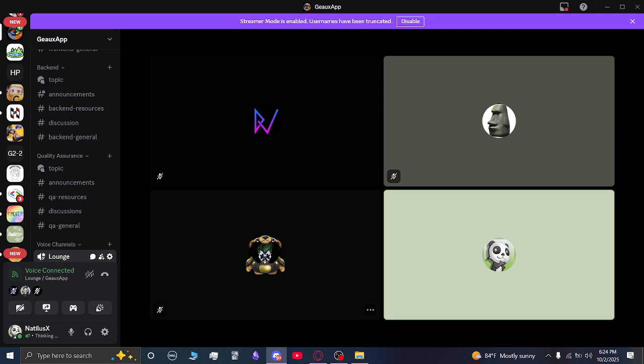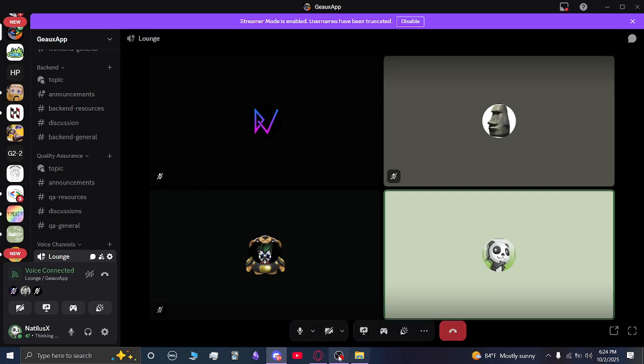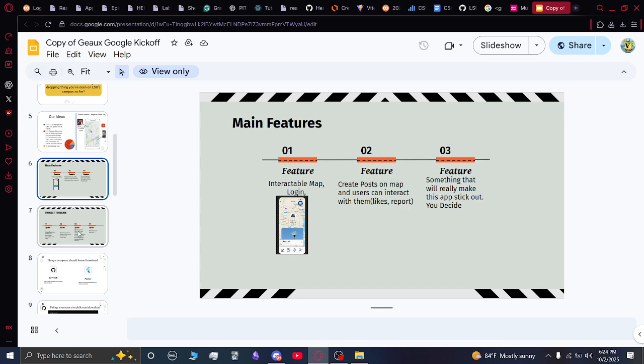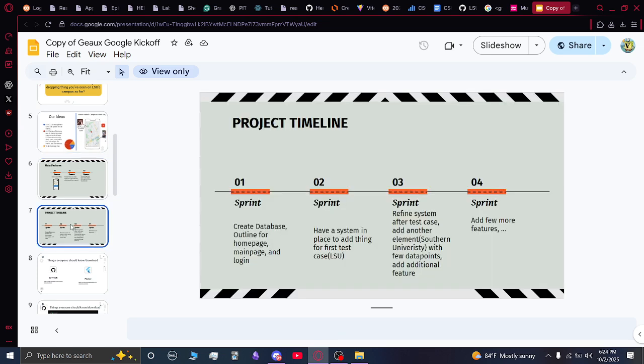More on that later. But I just want to give you all a quick reminder of what our first sprint is going to be. We did discuss it in our kickoff. The whole goal for this is essentially to create a database outline as well as a basic outline of the, this isn't mentioned here, but we also want to create the Figma itself, so the shell of what the front end should look like for most of the app. And then maybe if we have some time, we can kick off with authorization as well as a main page and login. That's stretching it right now though.